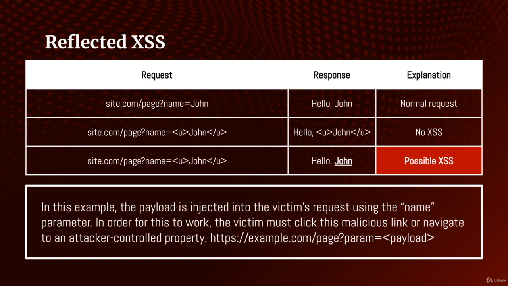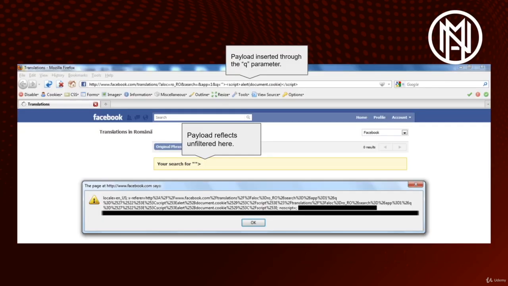So the best way to actually look for XSS, in my opinion, is to look for places where you can insert HTML, and if the website comes back and renders that HTML code, then there's a possibility to look for further XSS vulnerabilities. One example found previously on Facebook is, as you can see, the Q parameter on facebook.com translation has been swapped out from a text to a payload